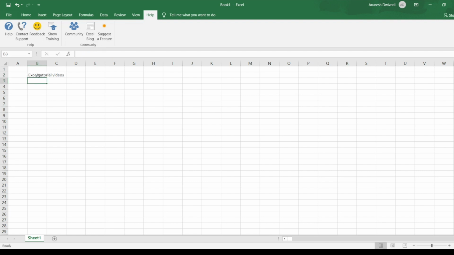When you select it back, you will see whatever you have typed in this formula bar. This is called the formula bar, and whatever cell you select, you will see the name of that cell here. This is called the name box. So this is the formula bar and this is the name box. Now while it is called the formula bar, it does not necessarily need to have a formula. It can have normal text also, like we just did right now.